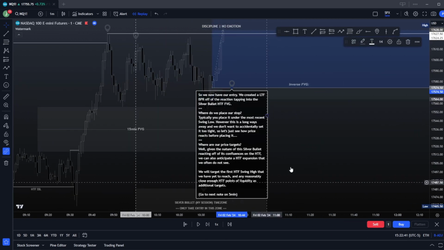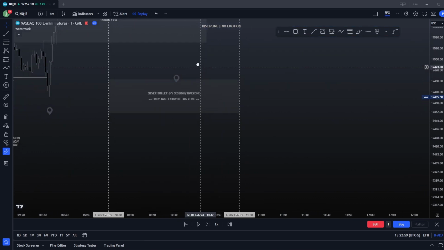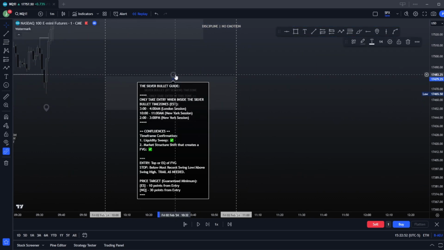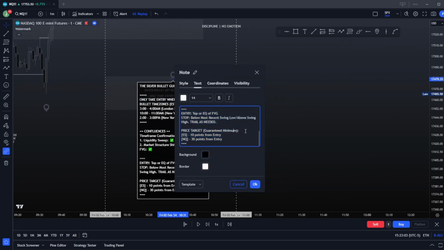Let's continue back into it. So we see where to place our stop. Now, where are price targets going to be? So remember, we look back in our silver bullet guide. Our price targets, typically, I don't know why I didn't put this, but price targets, guaranteed minimum, futures only,